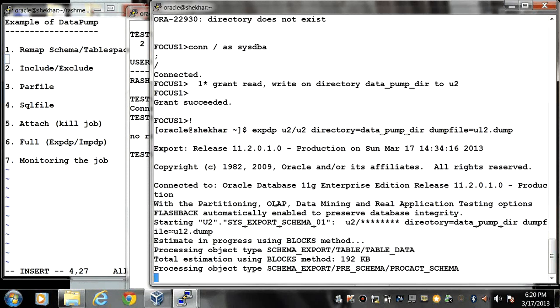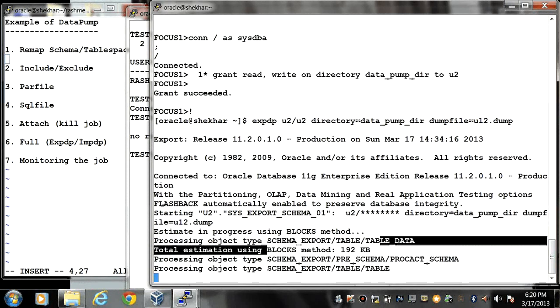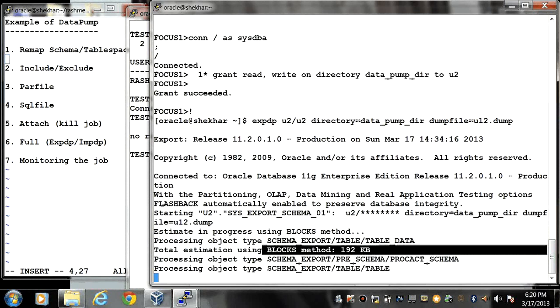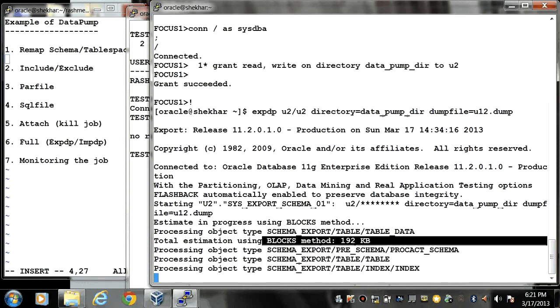Here I can see that the total size in blocks is 192 KB, so it is exporting. Since I did not have read and write privileges on the directory, that's why I got the error.